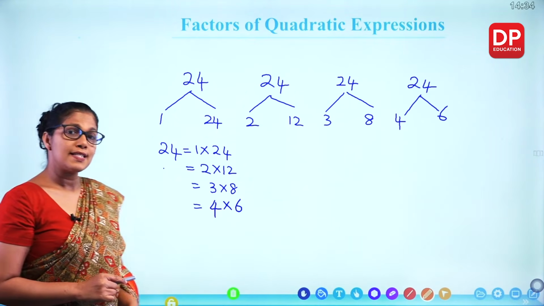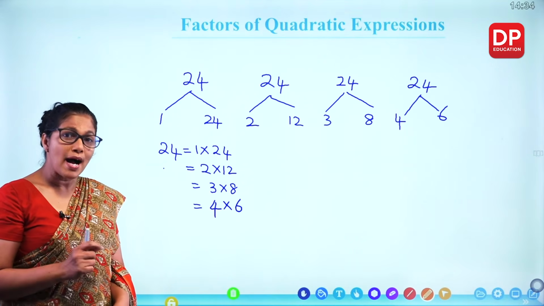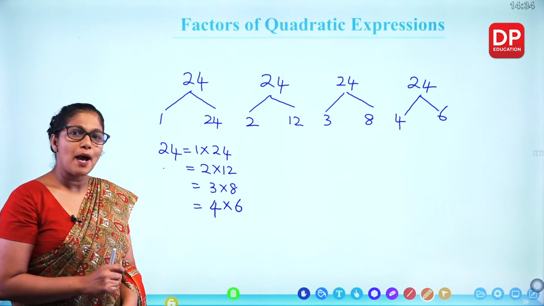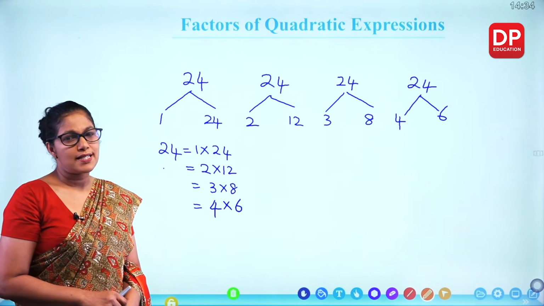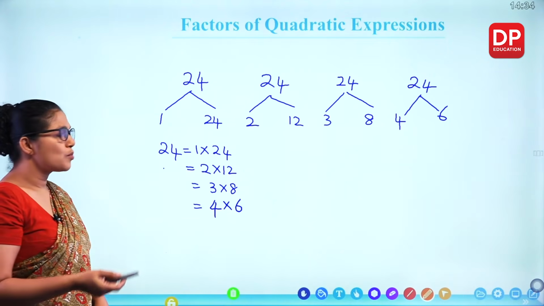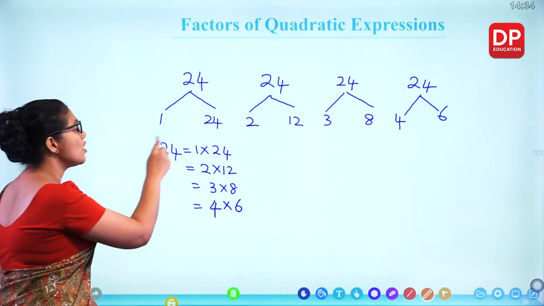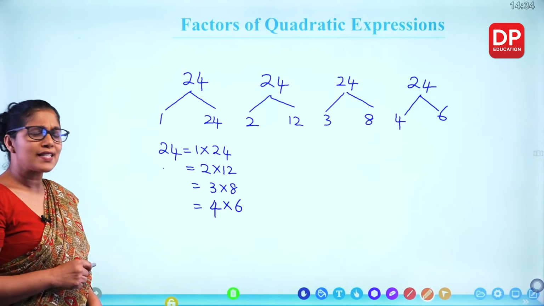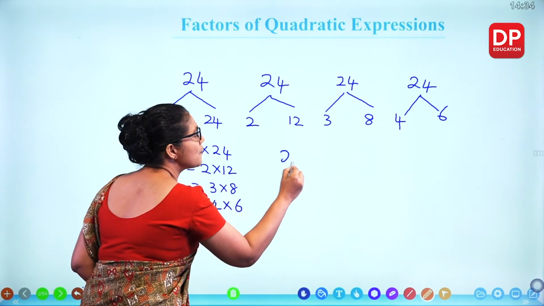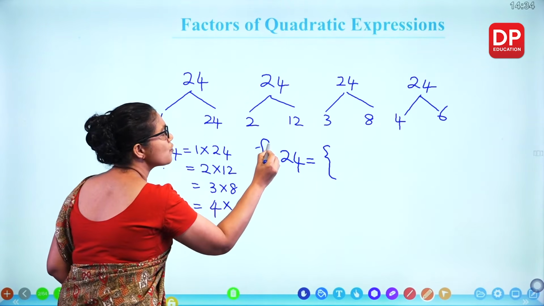According to the definition of factors, when we multiply whole numbers and get the same number, those are factors. Here we multiplied 1 with 24, 2 with 12, 3 with 8 and 4 with 6 and we got 24. So what are the factors here? If we want the factors of 24, what can we write? We can write factors of 24